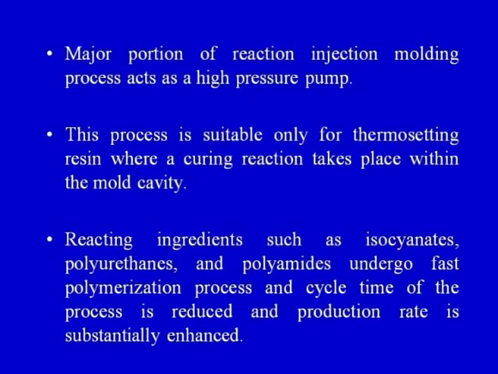The process is suitable only for thermosetting resin, where a curing reaction takes place within the mold cavity. So, the final curing takes place within the mold cavity. Reaction ingredients. Now, a few examples have been given of the ingredients which can be used for reaction injection molding. Reaction ingredients such as isocyanates, polyurethanes and polyamides undergo a fast polymerization process, and the cycle time of the process